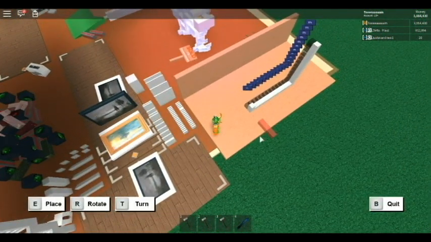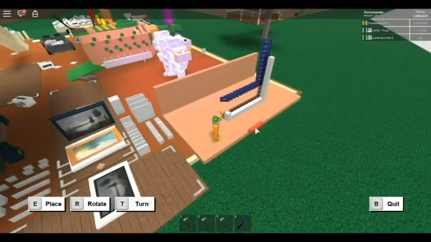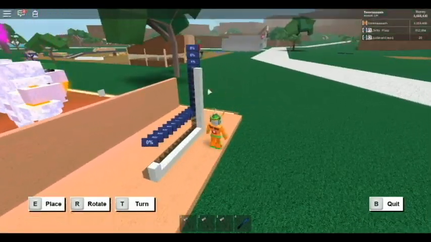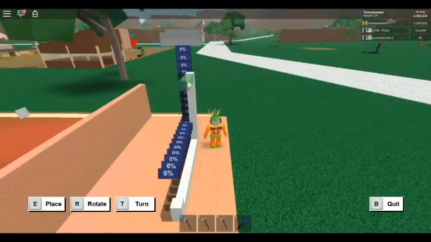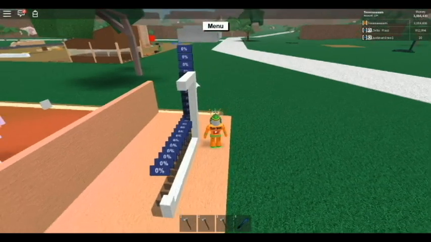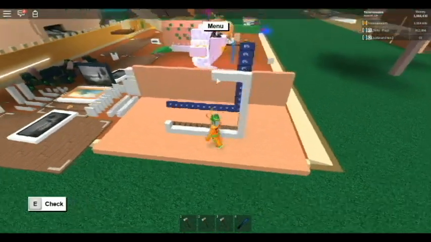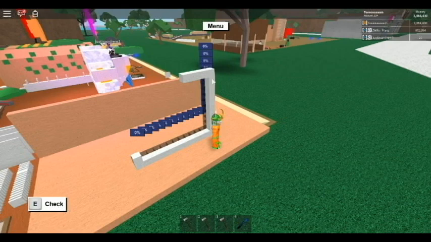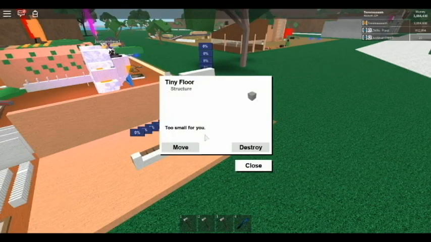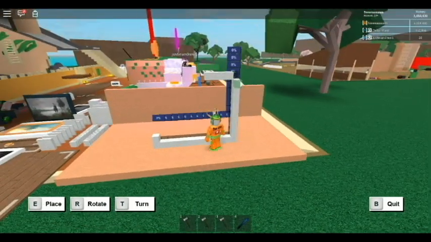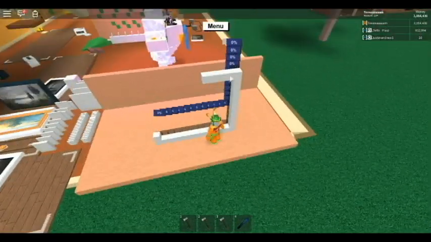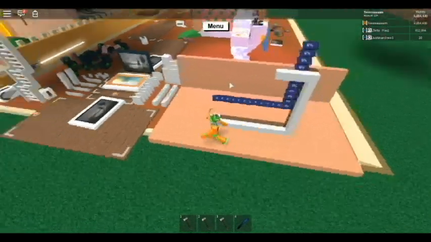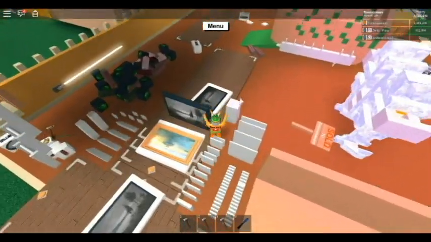Now I start placing the post again on the top right here. You want to place it on the side of the tiny floor, just like this. You don't want to put it on top of it. You want to put it on the side of the tiny floor right here. See, just like that. Just like that. All right, now you get another post,